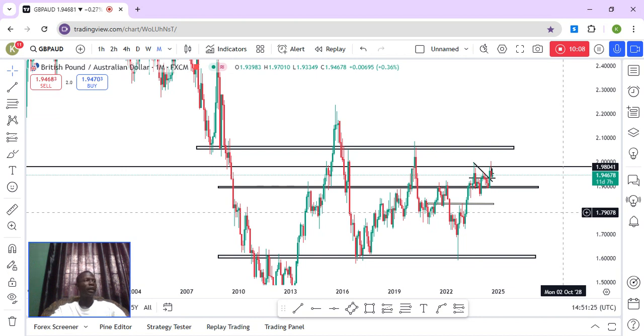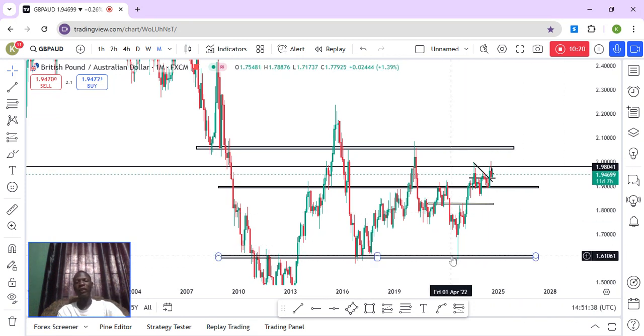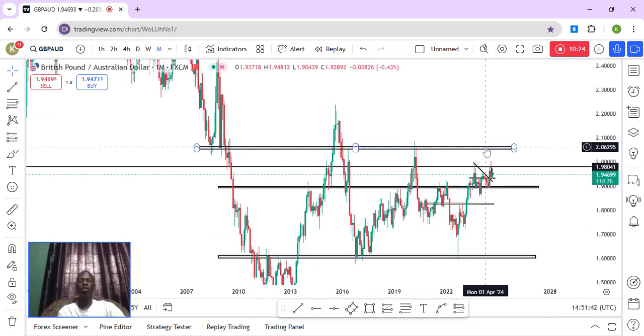There's nothing like staying at a particular level. You are either growing or you are dwindling. That's how life is, and that's the same concept with trading too. So the market is bound to go to this major level, and this is the next major level. So the market is coming here. That's it on the monthly time frame.